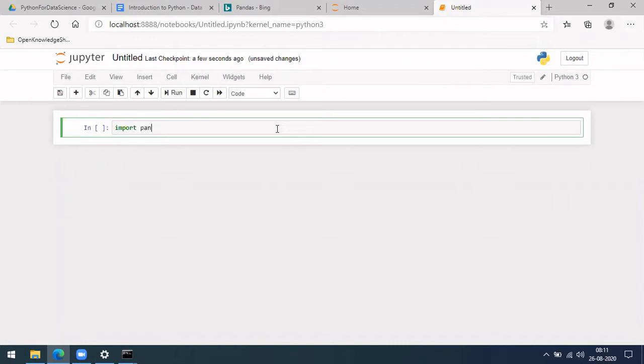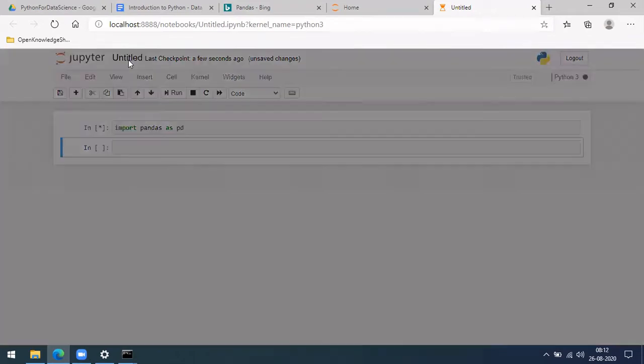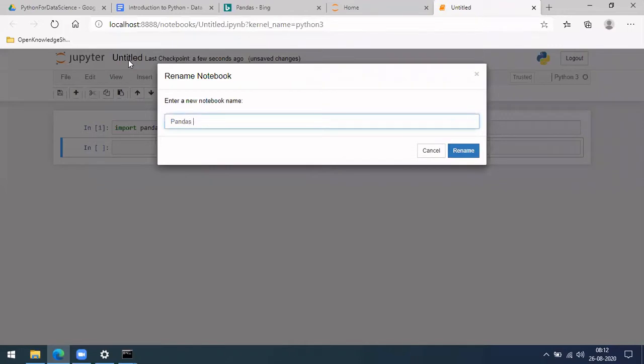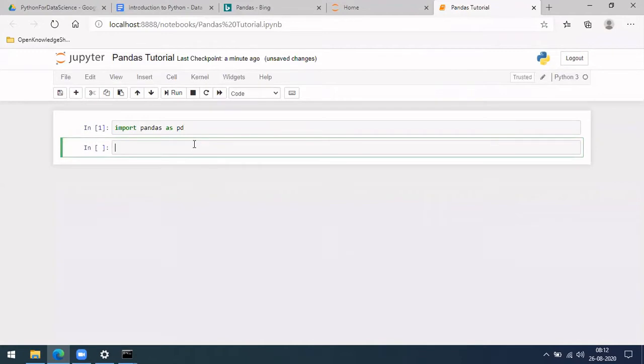So let's do import pandas as pd. Similarly, just like NumPy, we gave a shortcut as np, pandas we'll be using as pd, though you can use whatever you wish. Usually this is the shortcut which is popular. pd is the popular shortcut for pandas. Okay. Let it import. So let me also